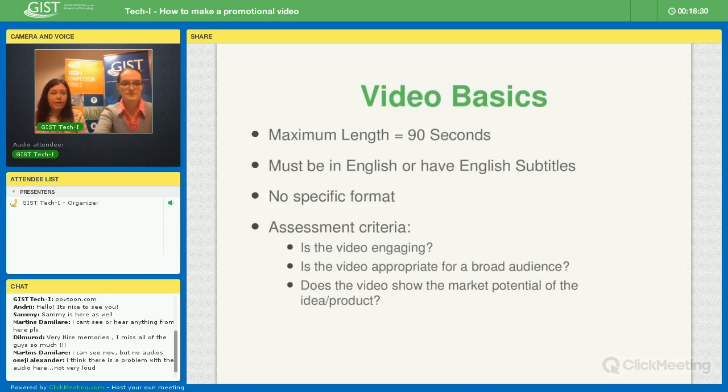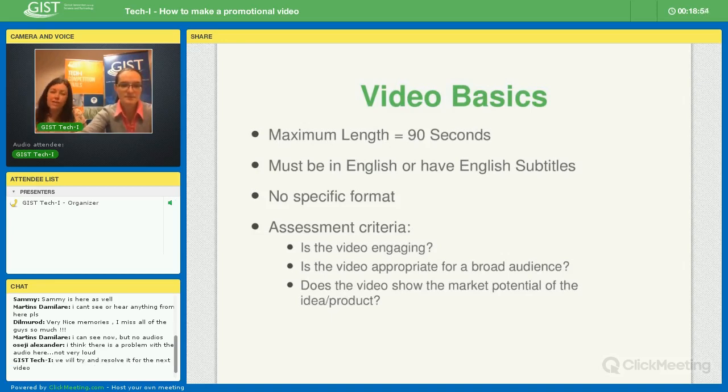But in some instances, it's easy to film that and then talk about it after the fact. So this is an example of there being no predetermined format. If you feel more comfortable practicing your vocal pitch at a later point in time, you can certainly use software and add that over your video after the fact. This is just to show you the diversity of the videos that we've received in the past, and to give you an idea.